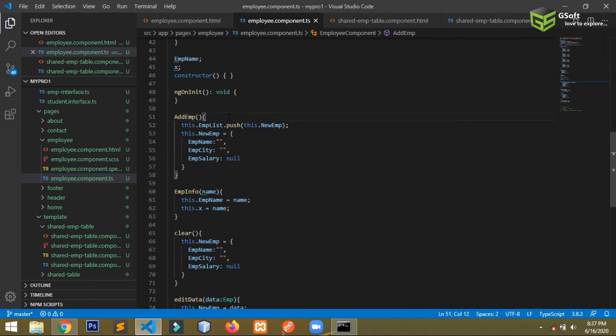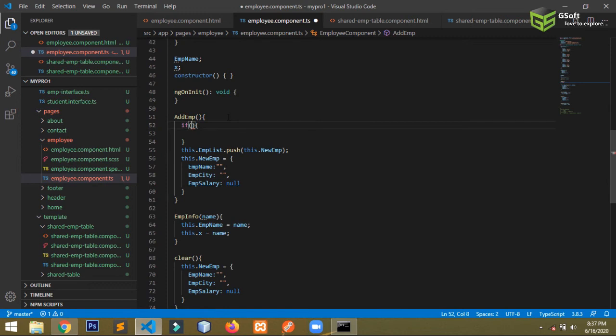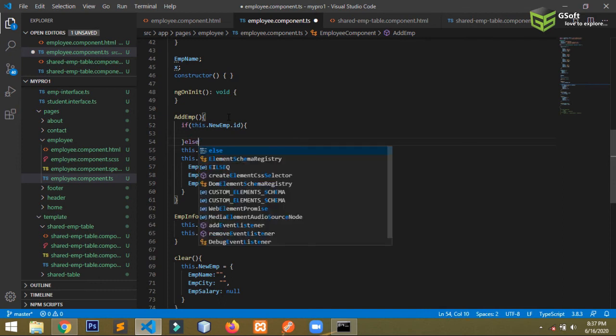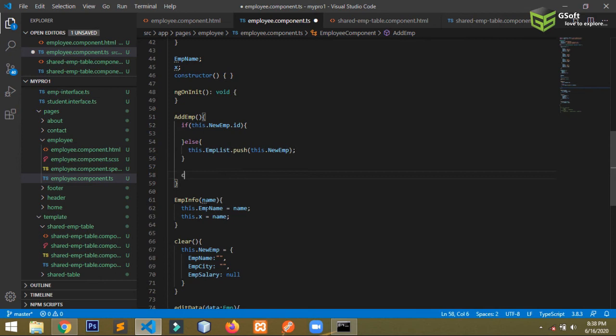So here is the file. Now what I will do is, if this.newEmp.id, then, else, and instead of this I will just write here this.clear.